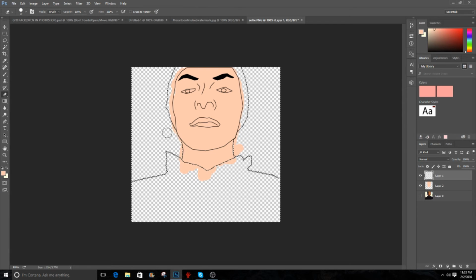So you're going to want to take the eraser. Just going to want to do that. There we go. I finally got it. It took me forever to actually realize that. You don't really have to worry about inside the hair and stuff. So basically you can just unclick that, and now you're going to want to do the hair, or in my